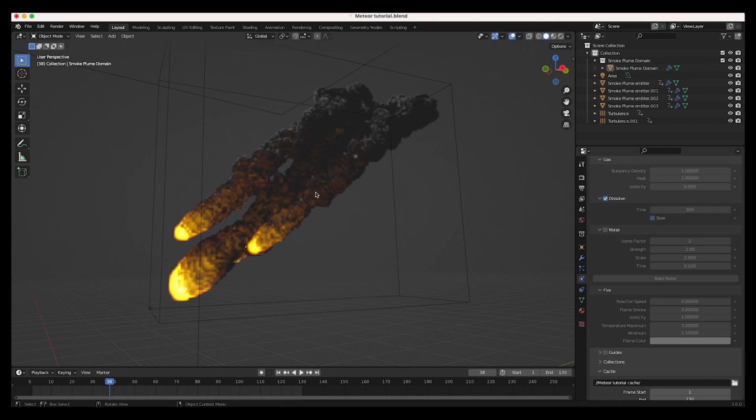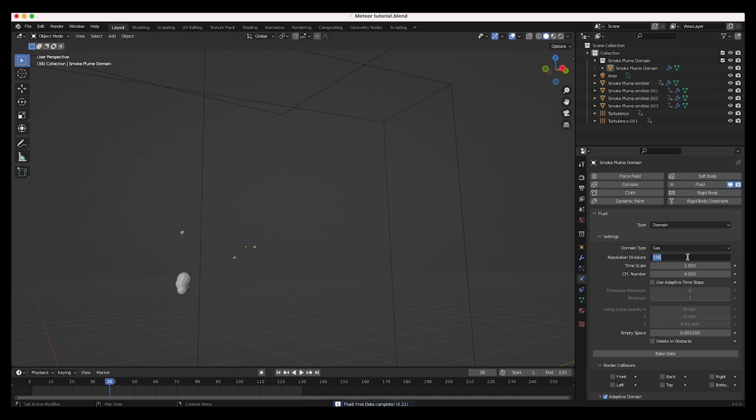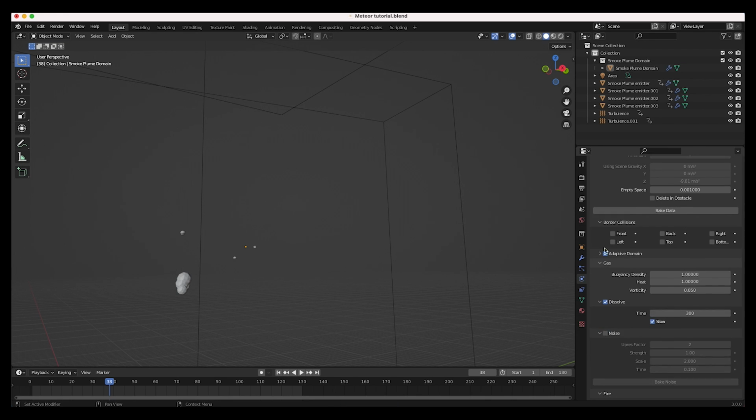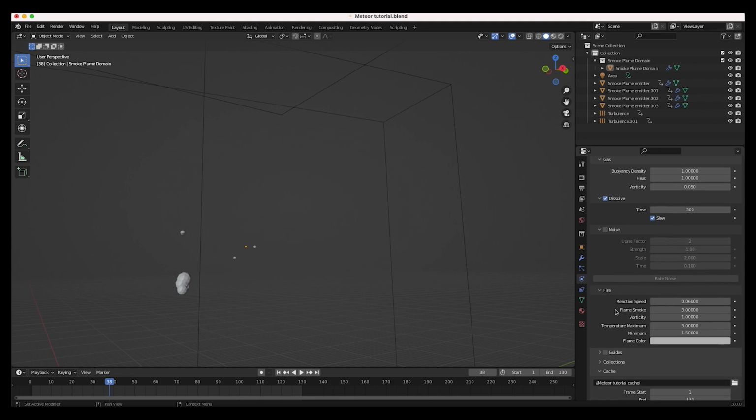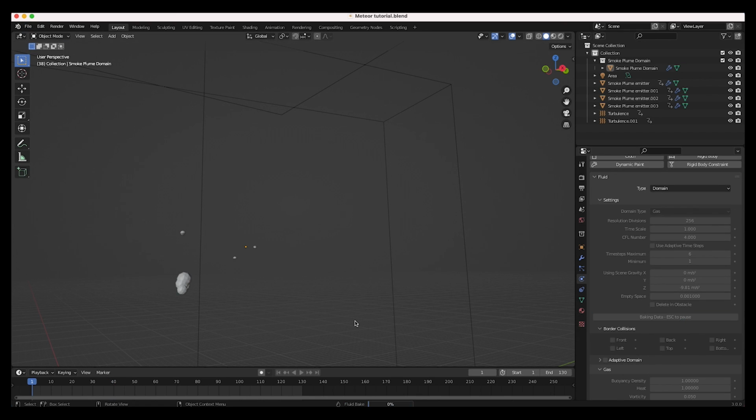I'm going to rebake this with a little bit higher resolution divisions, and then we'll add that high resolution noise as well. So I'll go ahead and free the bake. I'll increase the resolution divisions for this to maybe 256. And finally, I'm actually going to deselect adaptive domain for this one, since I'm pretty sure this is going to work for our final bake, and it's not just going to be another test bake. Go ahead and deselect that. And yeah, this should be pretty good. Once again, I'll save our project. And finally, I'll click on Bake Data,